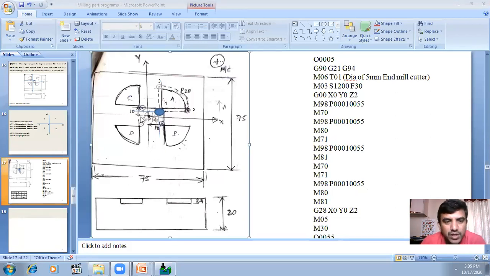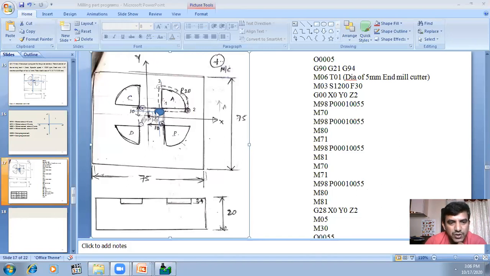Now if you move the cutter from the horizon to the workpiece, to the first location, by including the radius of the cutter: the diameter is 5 mm, so the radius is 2.5. Now move the cutter from the horizon to the first location by taking the center of the cutter. We subtract the radius of the cutter. In the x-axis it is 10 mm. 10 minus 2.5 gives an x value of 7.5.